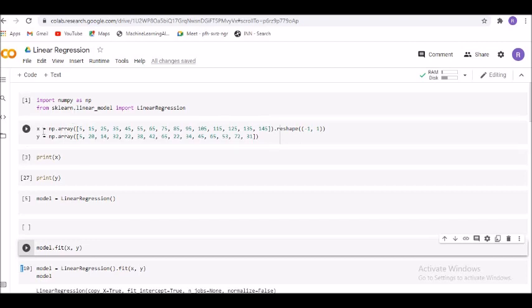So that's number one. Number two, the steps that we are going to take care of: first of all, import packages and classes. For example, I have to import NumPy, and we know that NumPy is a library wherein we work with numbers in the Python environment, as np. That is number one. Number two, from sklearn.linear_model, we will import the package called LinearRegression, so that I can go ahead and implement linear regression on the data that is available.